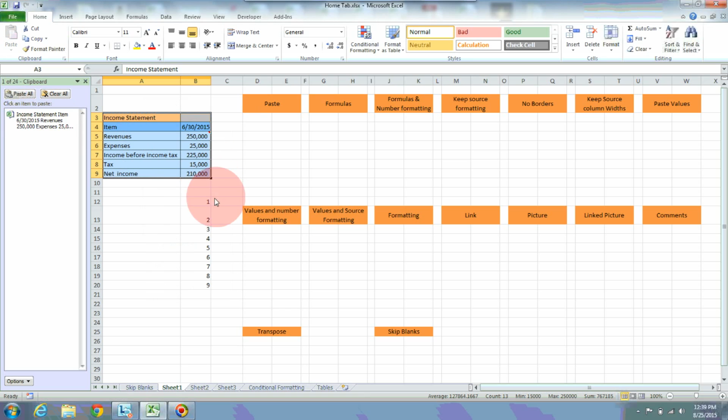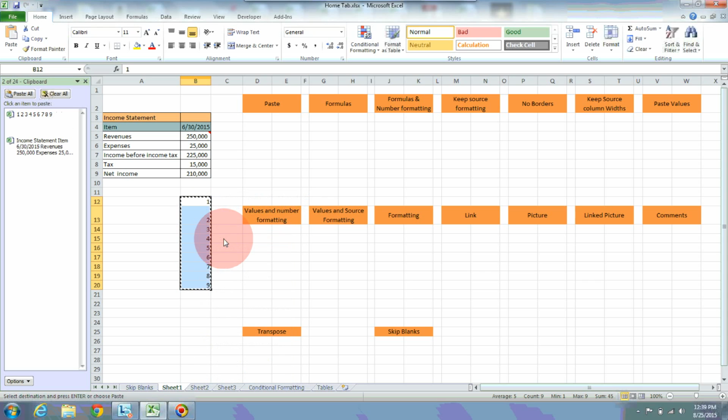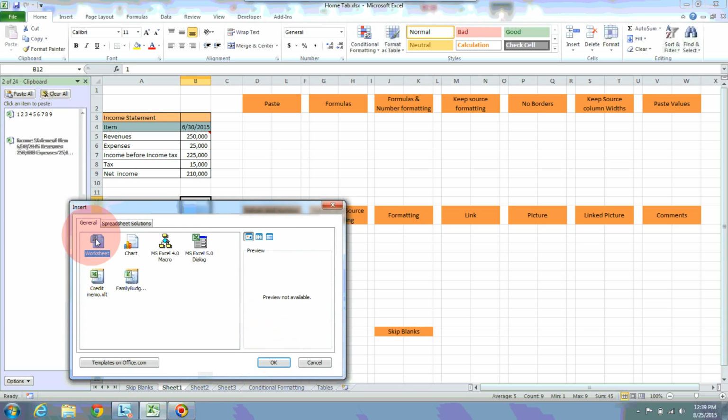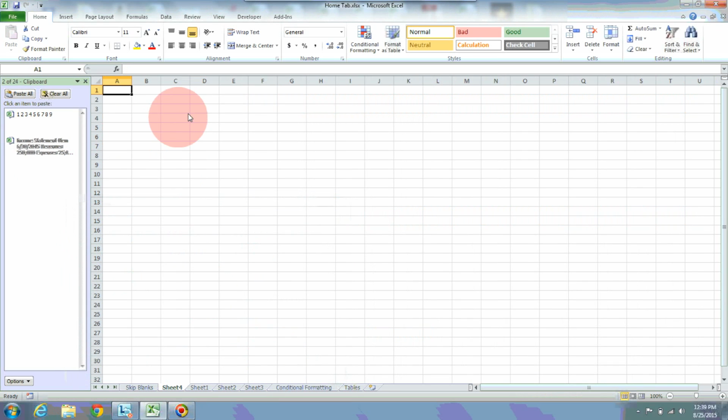I also select this data and again use Control C, or you can use mouse right click and copy. Now again it has been exported from here to here. Now what I am going to do is insert a new sheet. I inserted a new worksheet. This is how we can insert a worksheet. Now this is the area where I want to import the data from clipboard. Now if you click here, the data has been imported.